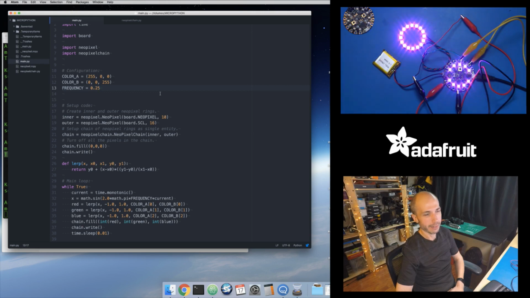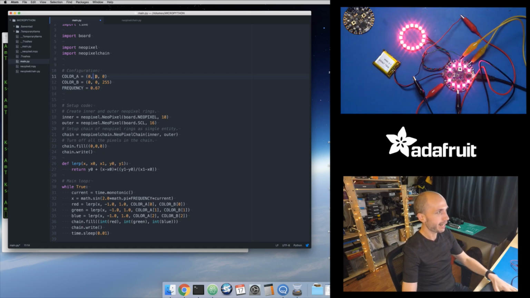So it goes in between the values. How about something like 0.67? That might be a more kind of, yeah, there we go. That's kind of nice. It gives this nice kind of breathing animation to it. So that's cool. Then if I want to change the colors, for example, if I want to go from, let's